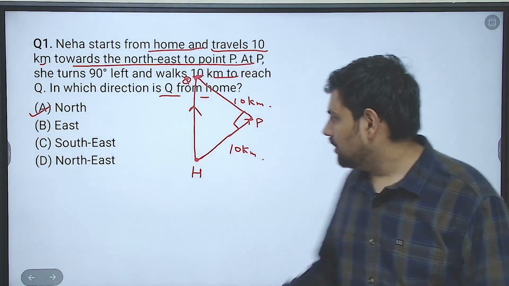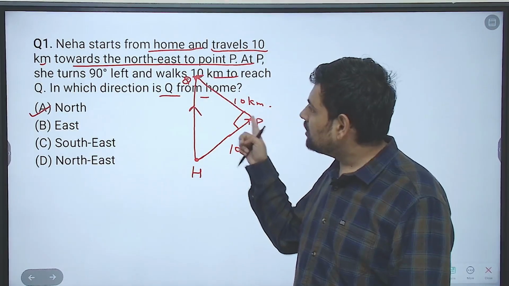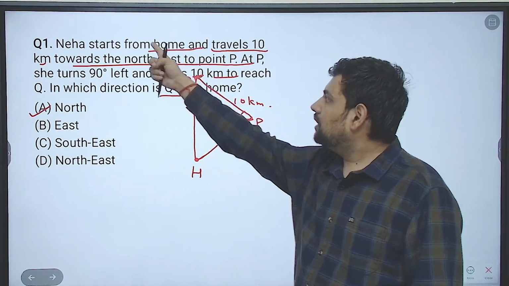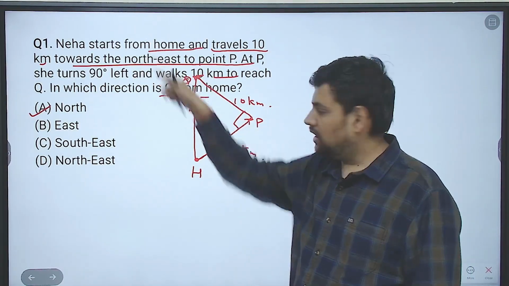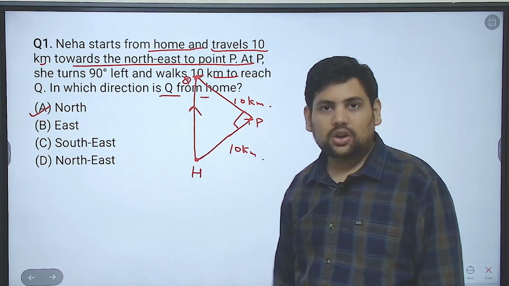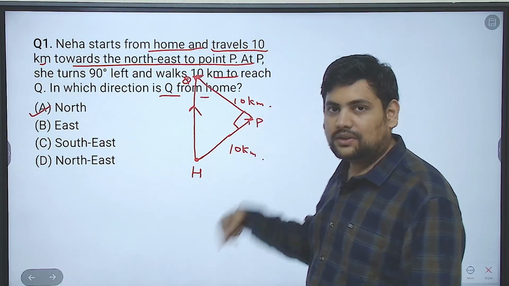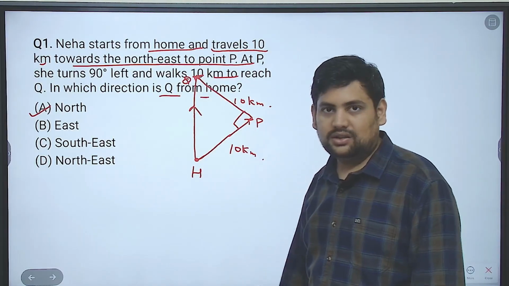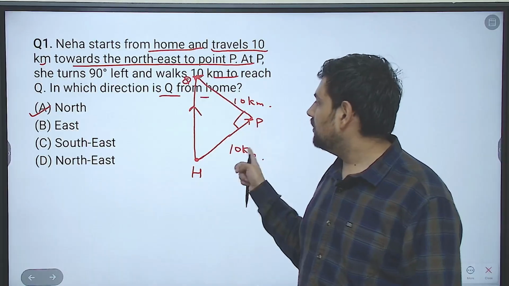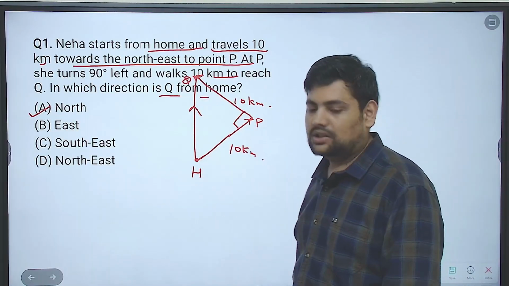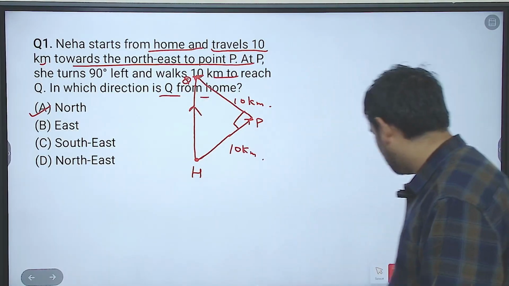If here it was 10 kilometer and here that was 12 kilometer or 15 kilometer, then she would have reached here, correct? And then the direction would have been northwest. Or if she had traveled only 5 kilometers, then the answer would have been northeast still. But she has traveled equal 10 here and 10 here, eventually reaches north. That's it. Then next,